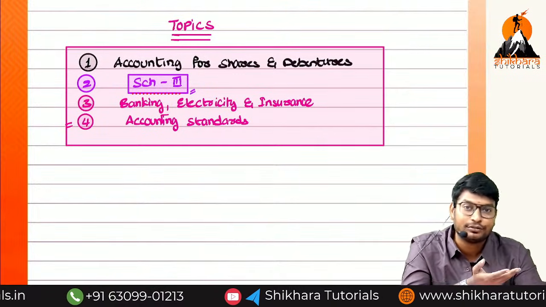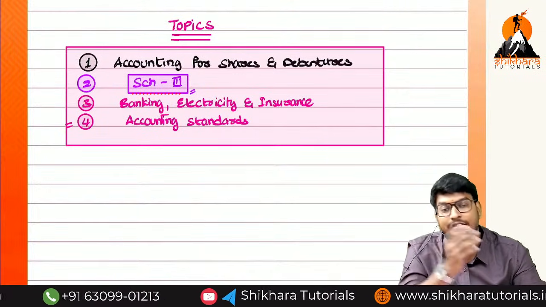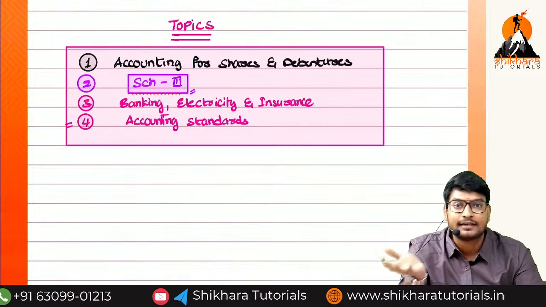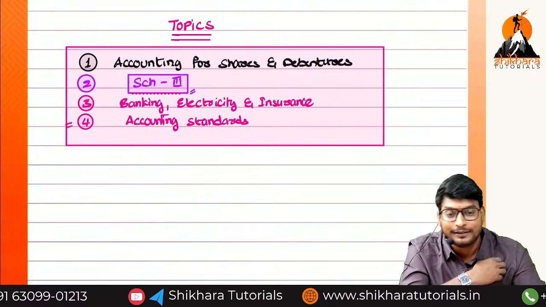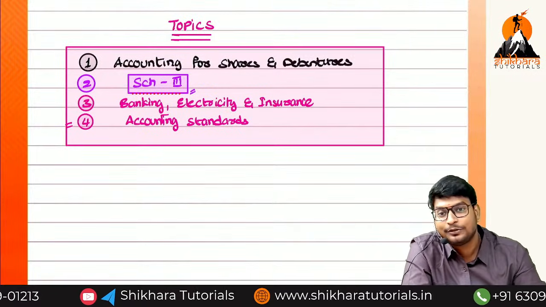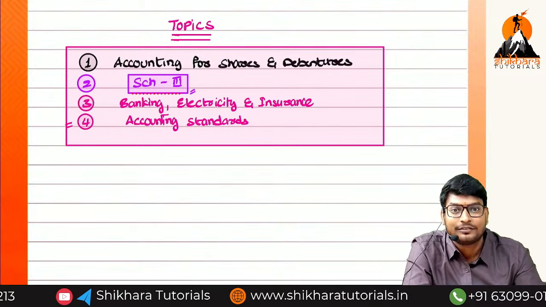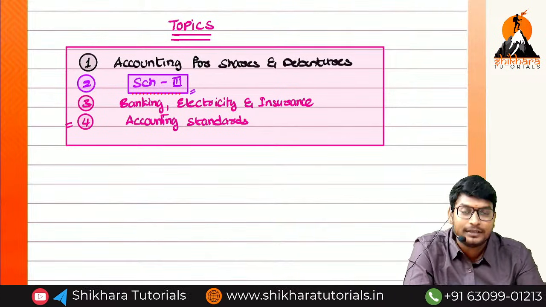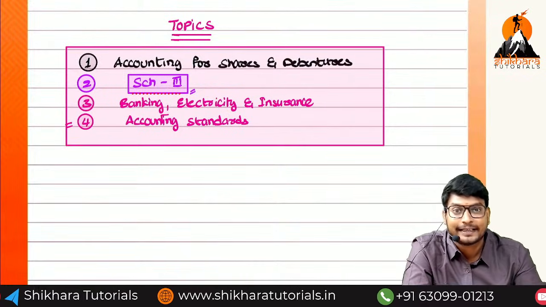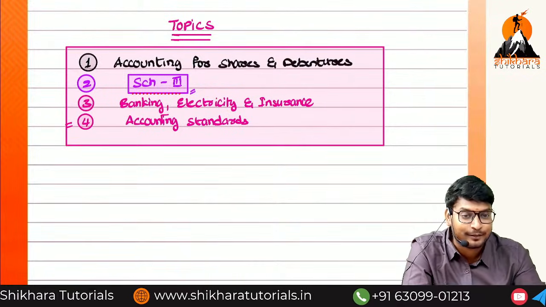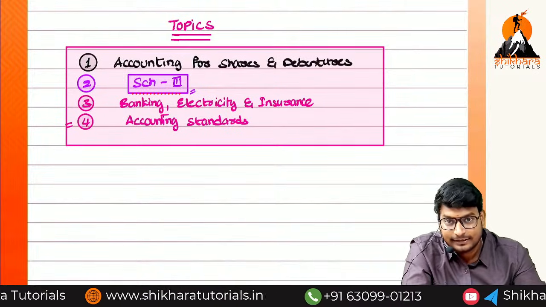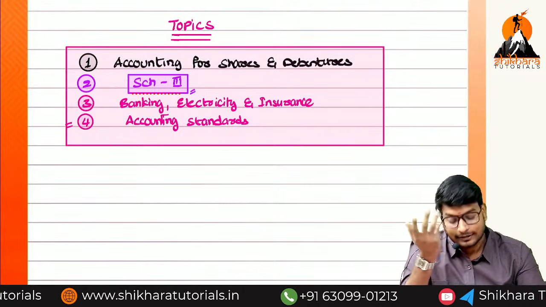In financial accounts, there are a lot of chapters. We don't know what format they are going to ask. In one item they will ask consignment, in another item they will ask joint venture. I have told my students many times to refer to the topic of joint venture, but unfortunately there is a second one also, hire purchase. There is no hire purchase, they have given leasing. Like that it will be.